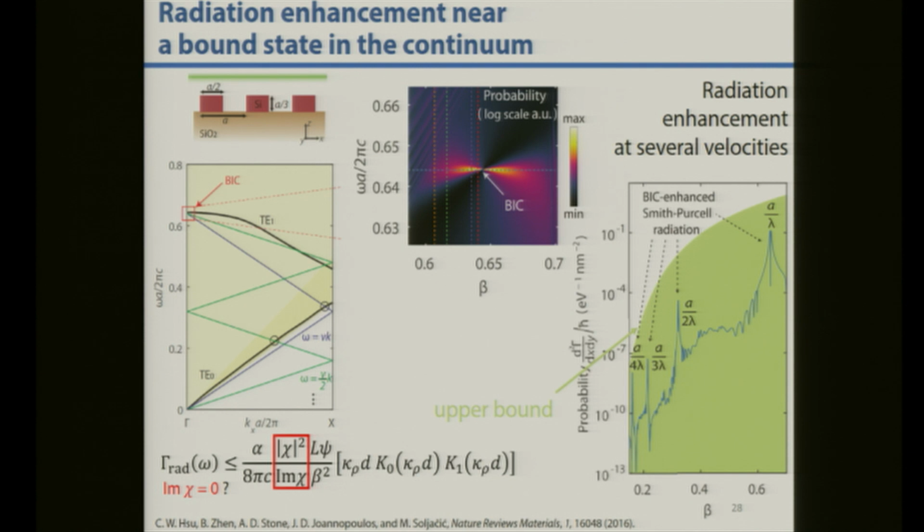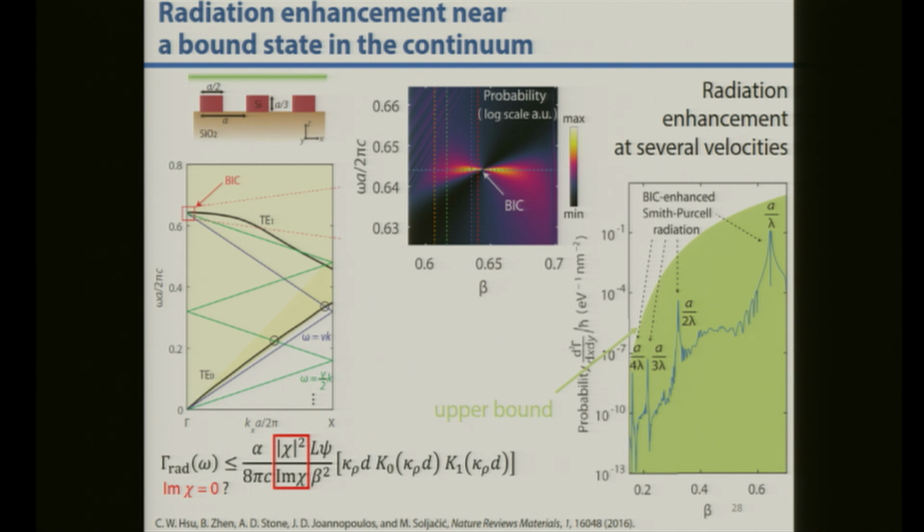So the last part of this free electron emission is that we find there is a peculiarity regarding this emission probability: the divergence of the emission probability for lossless materials, meaning that the imaginary part of chi is 0. And what corresponds to this mathematical peculiarity? We find that by using a bound state in the continuum, you are able to get radiation from electrons, as well as get enhanced